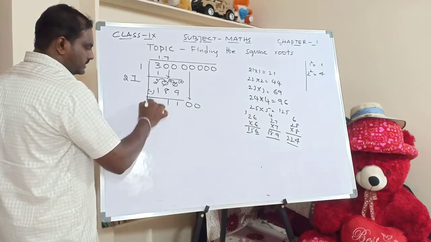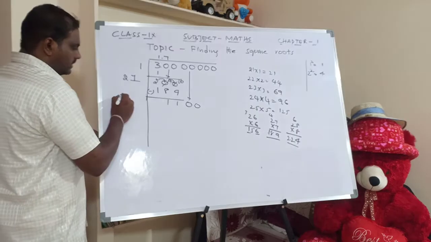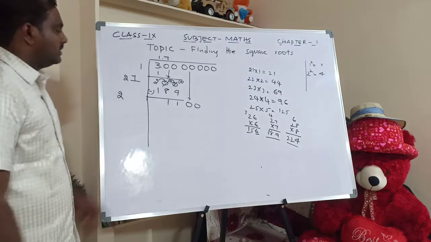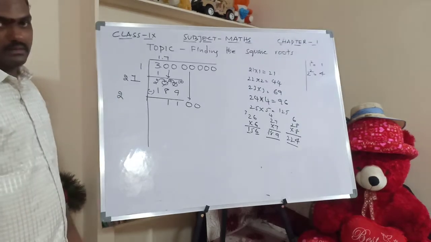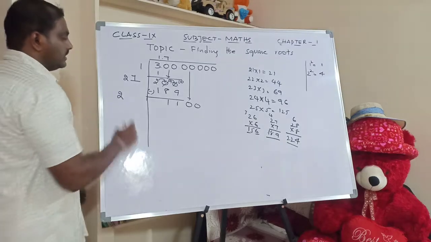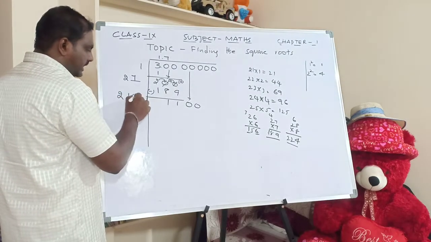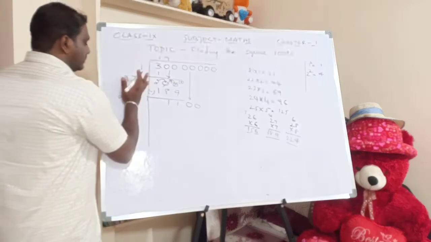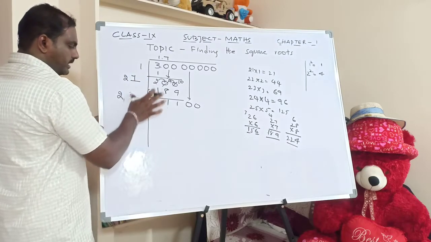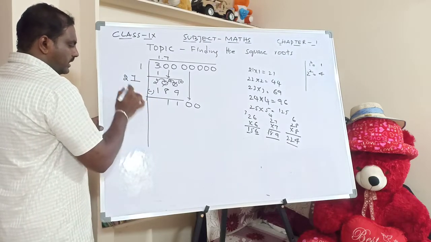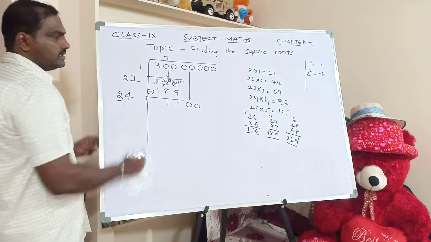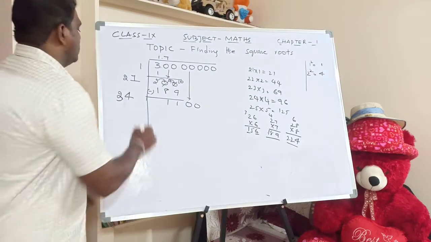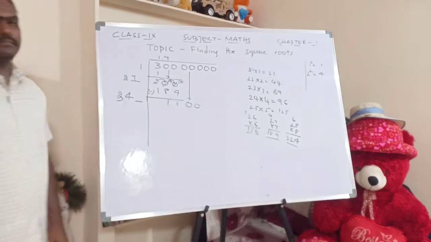Now here one more. I know the students committed some mistakes here. Now it is already 2 there. Now what do I have to do? I have to double 7. So how much will it be? It will be 14. So don't write 14 directly here. What I have to do is, I have to write 4 here and 1 will be borrowed to here. That means how much will it be? This will be 3.